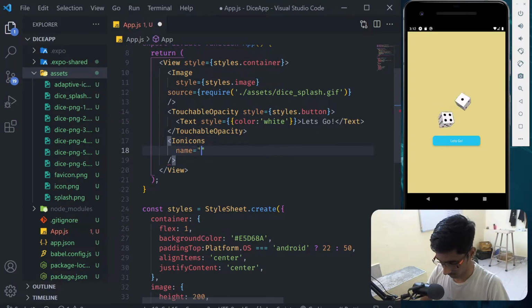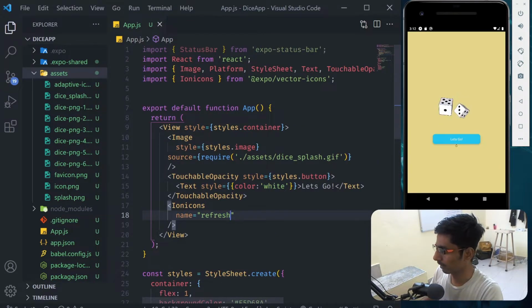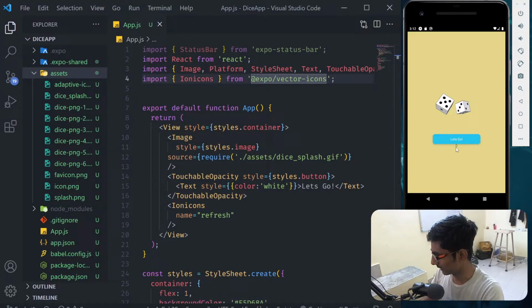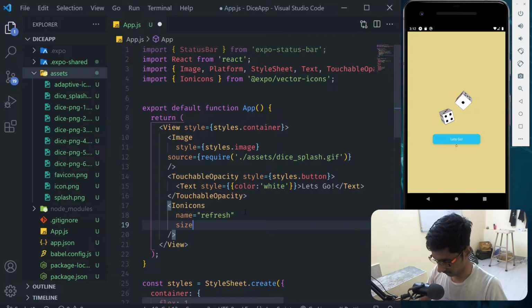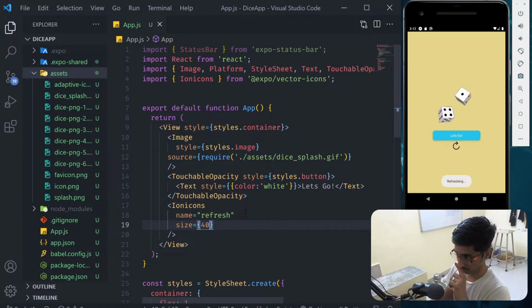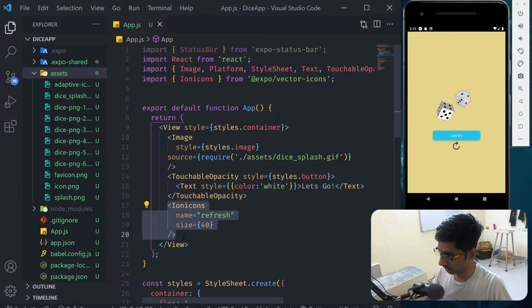I don't know why, but let me just... okay. I think there is a problem. Okay, we got an icon there, you can see. Now we can pass another property like a size there, and inside the size we can put your size in a direction mode. Okay, it looks a little bit good, but what we're gonna do, I just need to cut